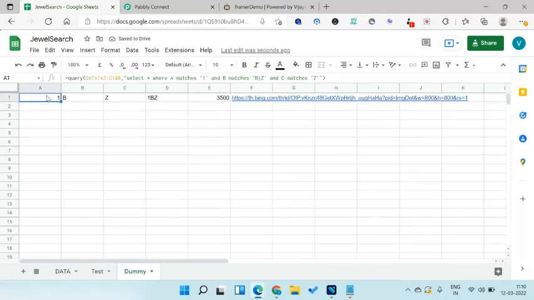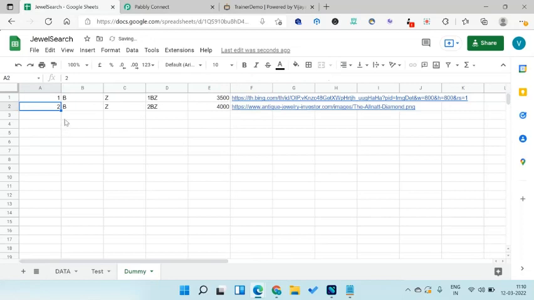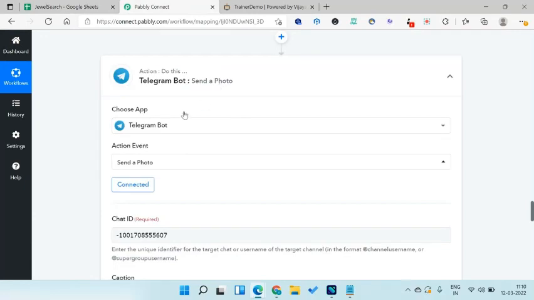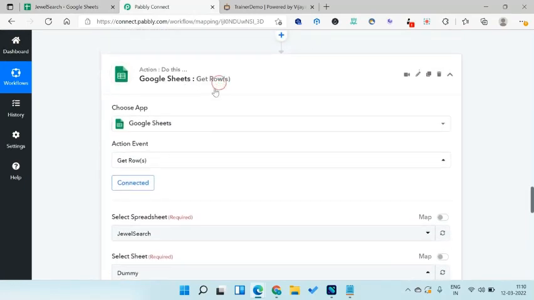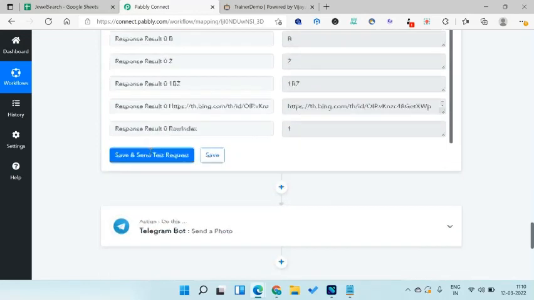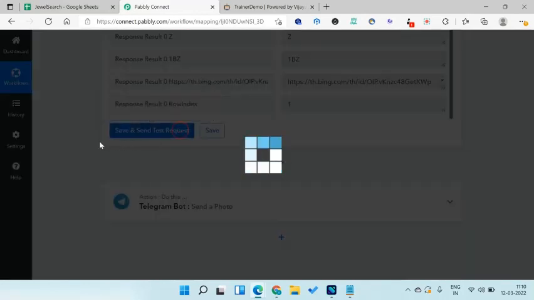Okay, yeah, here also we'll see what if we get one or two. Yeah, so here we get two result sets. So in this case, we want to send two values. So if you click on get rows for this value,